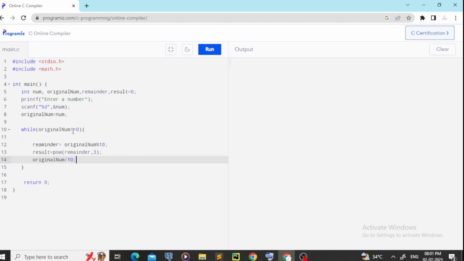So until when does it perform? Until our original number becomes 0, otherwise it will perform the loop until it is 0. Okay, so now we have finished our loop. We have to check, right, if our original number is equal to result or not. So first, if result equals to our num, which is our input,